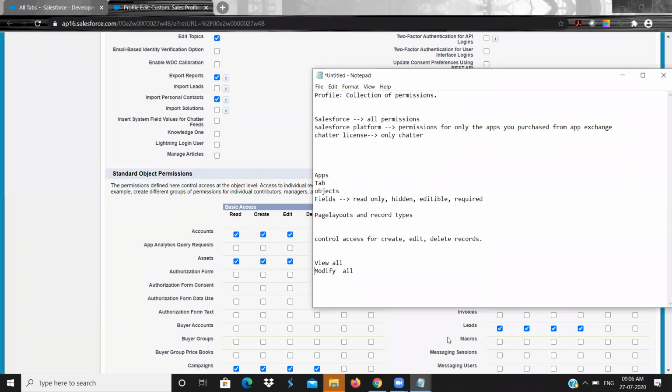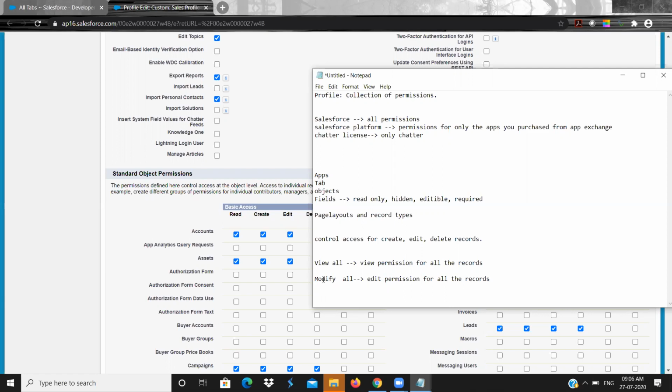View all is a view permission for all the records, and modify all is the edit permission for all the records.